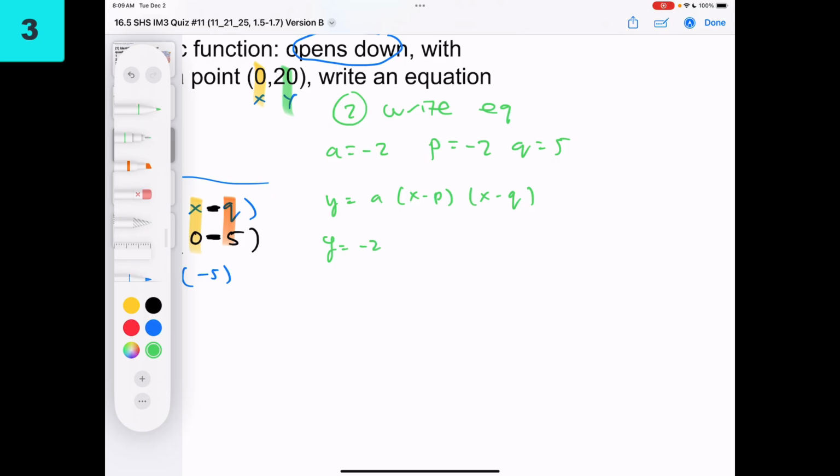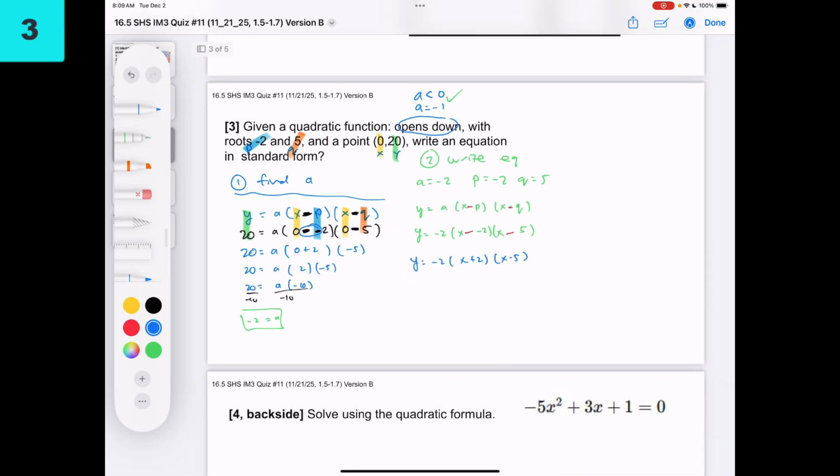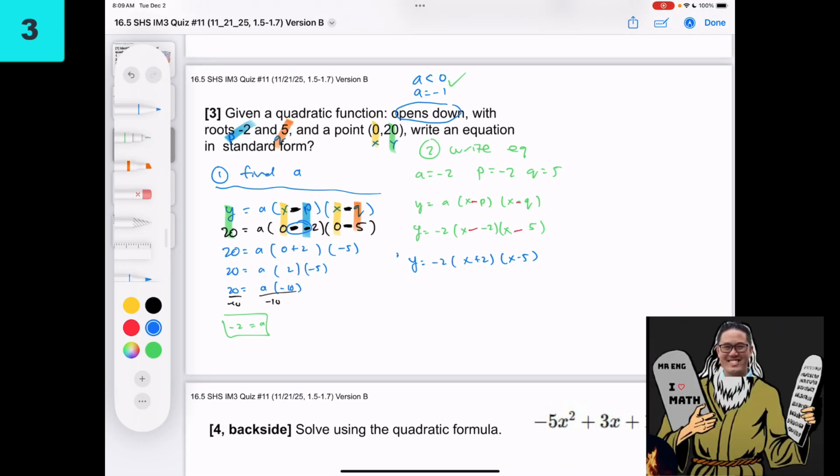A value is -2. Let me just make sure you're clear on this. My P value is -2 and Q value is 5. So I'm going to get -2, X plus 2, X minus 5. Okay. So this is in factored form,